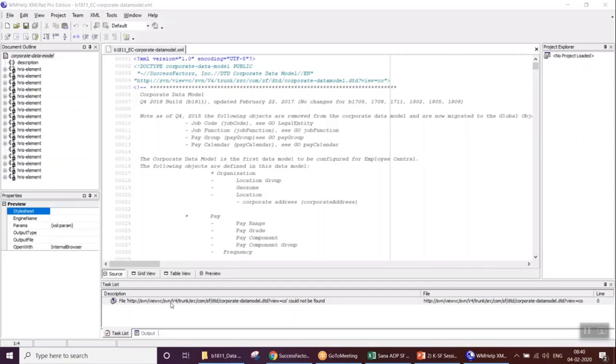So here also view vc svn. It is saying this could not be found, right? So how are you going to resolve this error? You bring your cursor on the fourth line, and on the left hand side, in the preview section, you can see the line numbers, like 001. It's actually a one line,